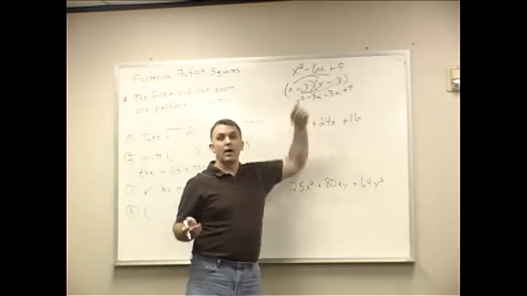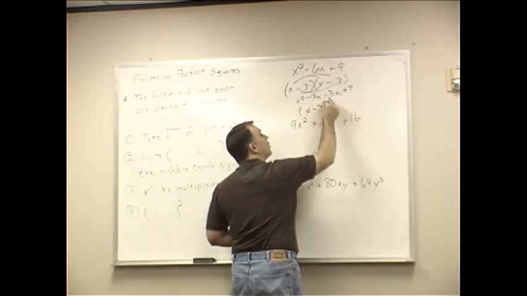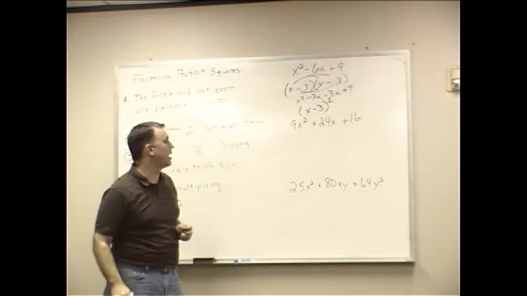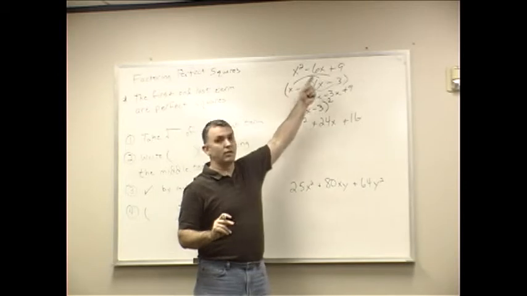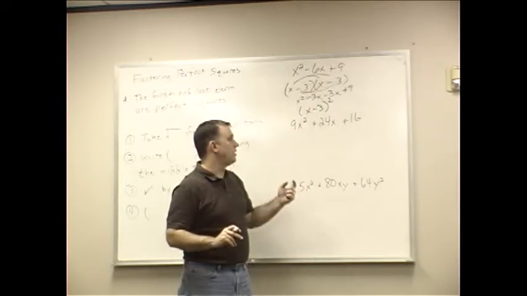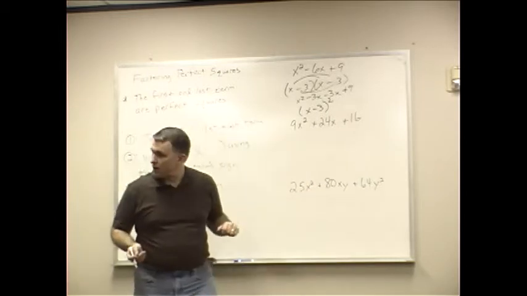But since these are the same, when you put your answer in for your homework, you want to write x minus 3 quantity squared, because it's x minus 3, x minus 3. Anything times itself is to the second power. All right. Now for the second one,